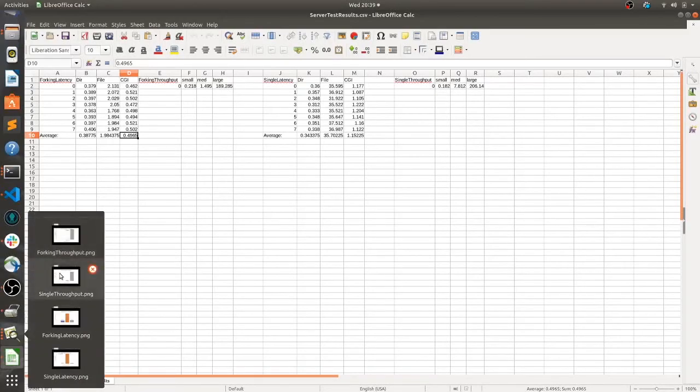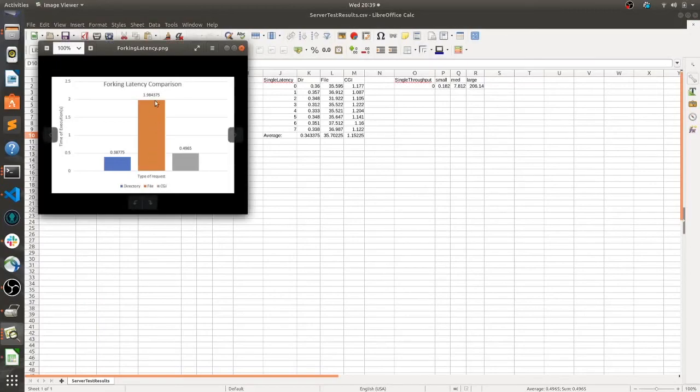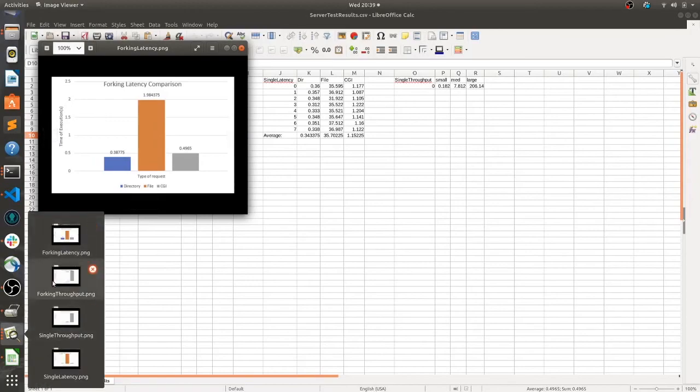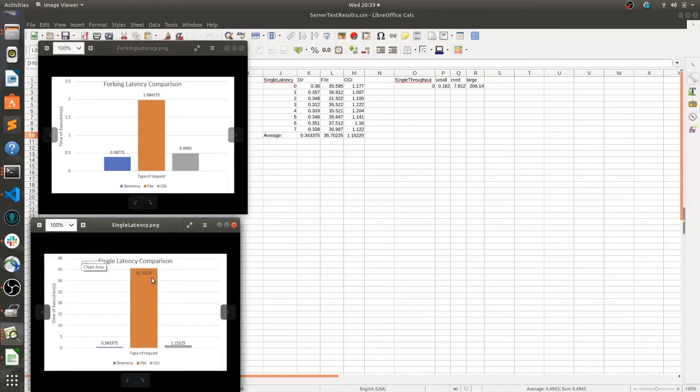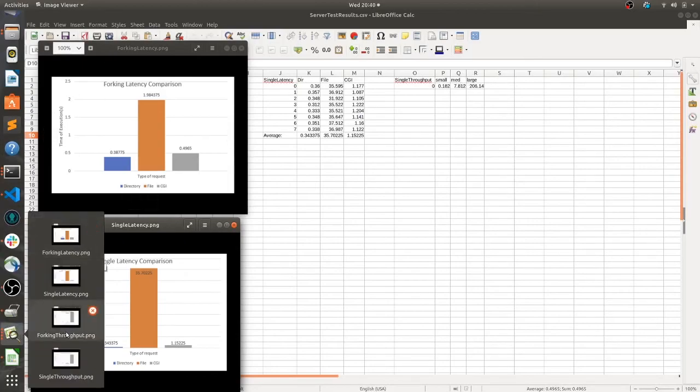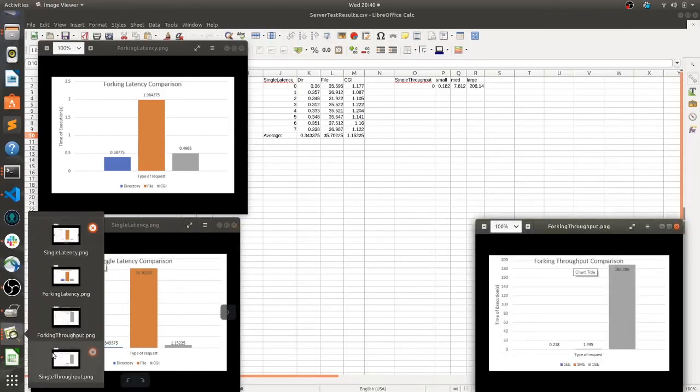Here we have forking latency. We see file takes definitely the longest, and then CGI, and then directory. And then we have single latency, where it takes even longer, but mostly we see the loss in the file. And then for the throughput, I did a kilobyte, a megabyte, and a gigabyte file. And if we open up those graphs, we see a pretty big